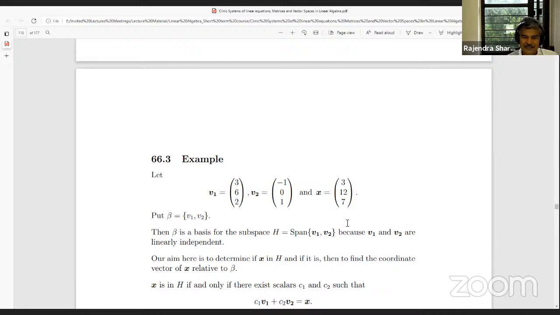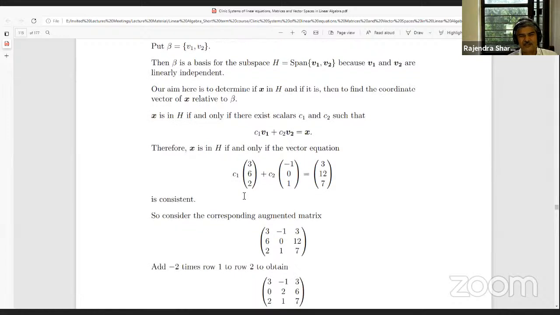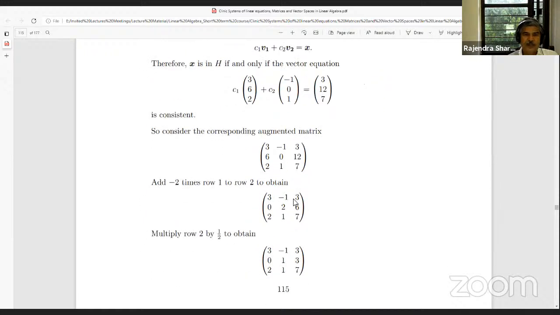And you can see that this X is in the span, because this can be written here. So this is what is this. So you can see that that is what it is. So suppose it is in the span, that means there exist scalars C1, C2, so that X is C1 plus C2 times the vectors. This amounts to basically the augmented matrix of the system.